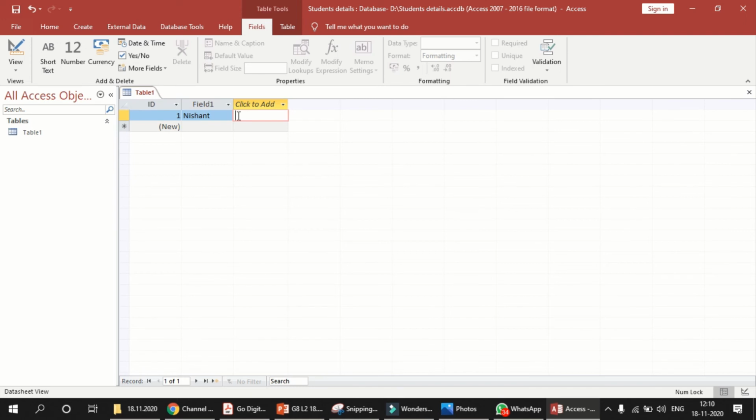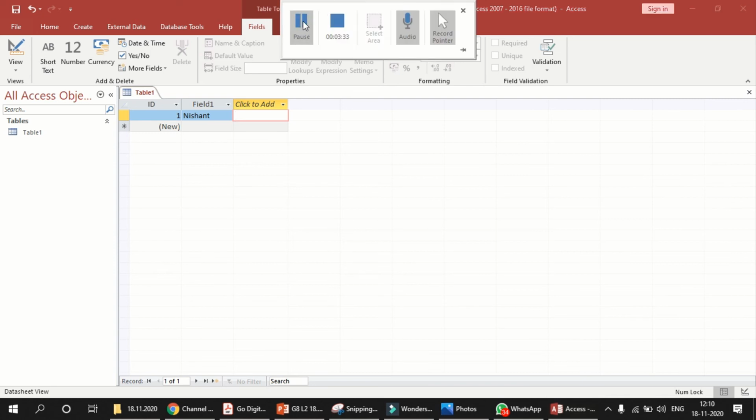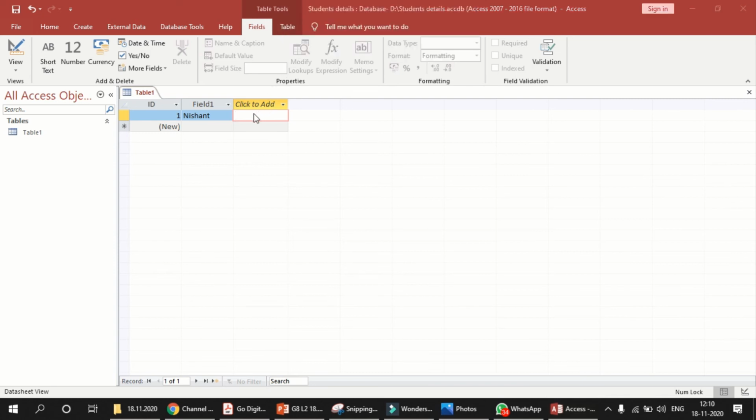Next you can type another data here, and you can click tab to move to the next field. For example, I have typed the date of birth here, 5/10. Then click tab.